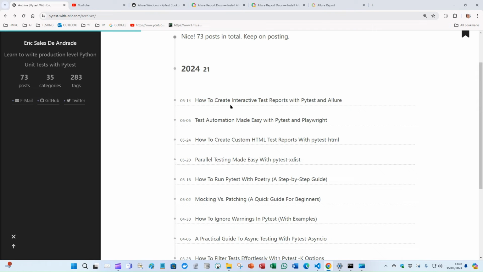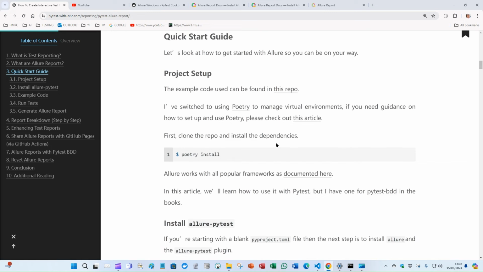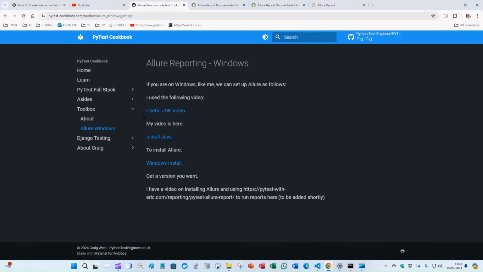Look at this article, how to create interactive test reports with PyTest and Allure, and we go there. We have to download the repo, which is linked here. But if you're on Windows like me, you need to set up Java and Allure to be able to make this work. In the PyTest Cookbook, Allure Windows, there's some videos about how to install Java